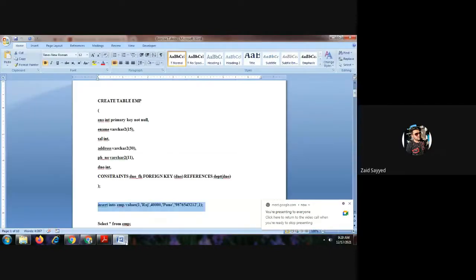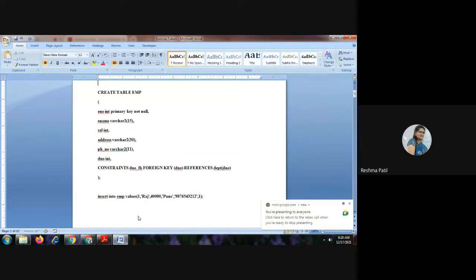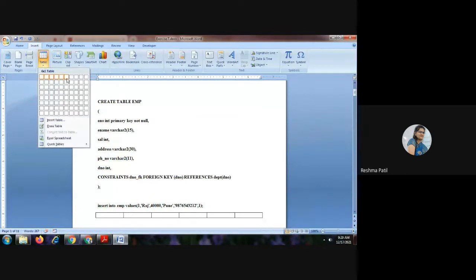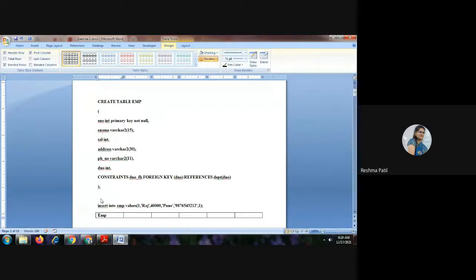See, suppose this is your table value. In this table, first EMP ID or EMP number is there, then ename, salary, address, and department number. So here you have entered some value, but this one we have kept blank. Here we have not entered any numeric value. That time you can check less than equal to 0. Here we have kept it blank.